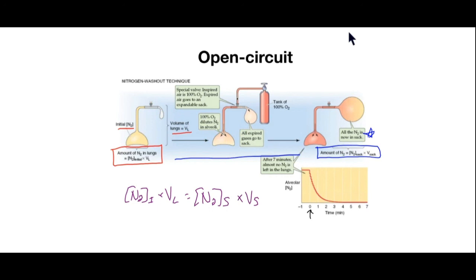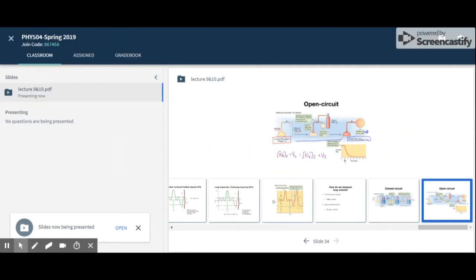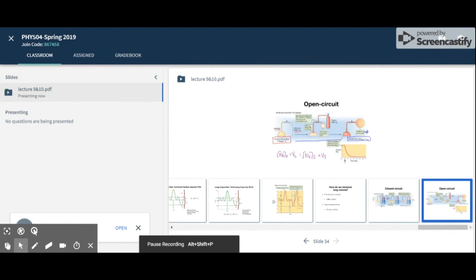But there are two different methods to do it, closed circuit and open circuit, both of which can give you the information about residual volume. You cannot get it from a simple spirometer. You have to do something like this in order to calculate the residual volume left in the lungs. And that's absolutely critical if you're looking at different types of pathologies. Some of them are only going to tell you how much air is going to be moving. If you don't know how much residual volume